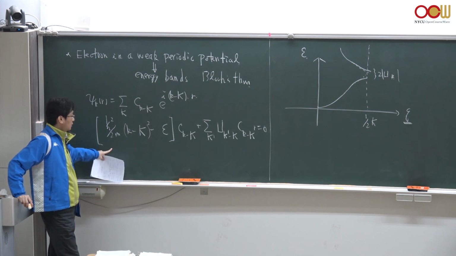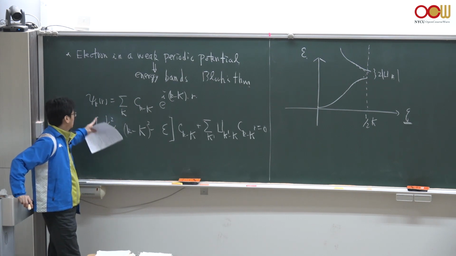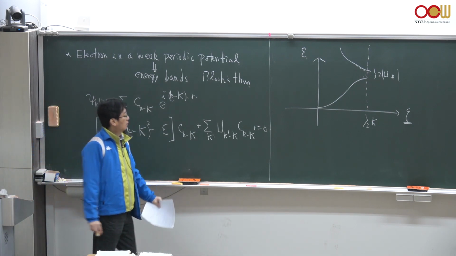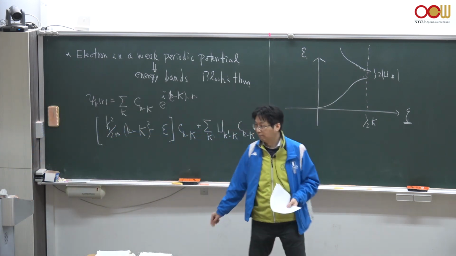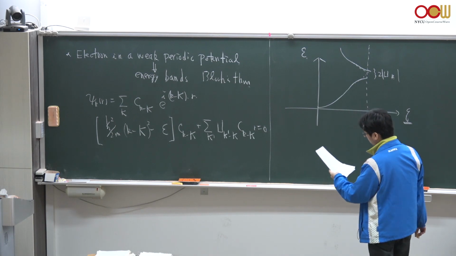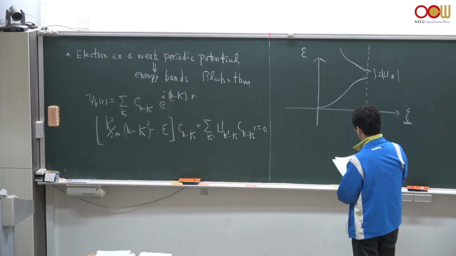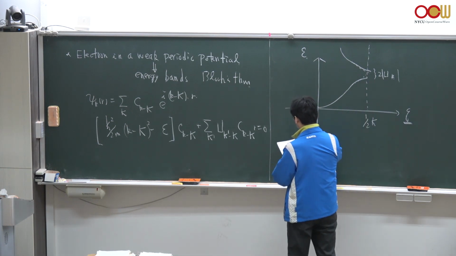So we solve this eigenvalue problem, solve this Schrödinger equation for that single electron, and after solving for the eigenstates and especially the eigenenergy,